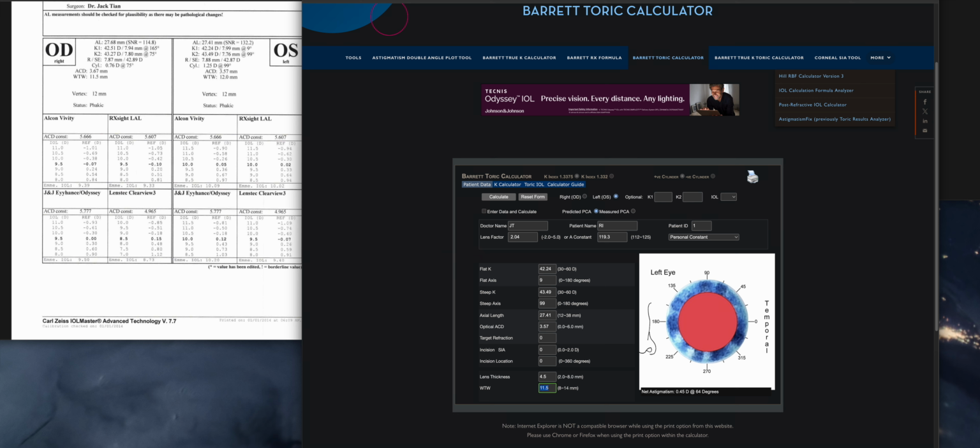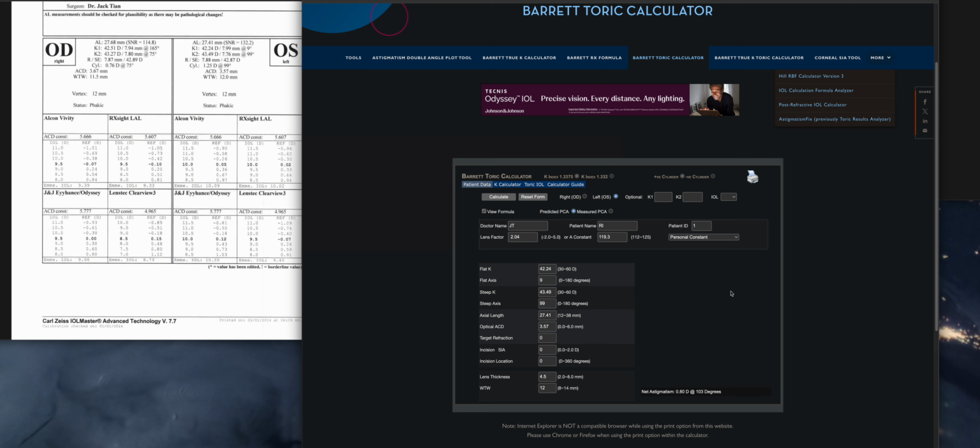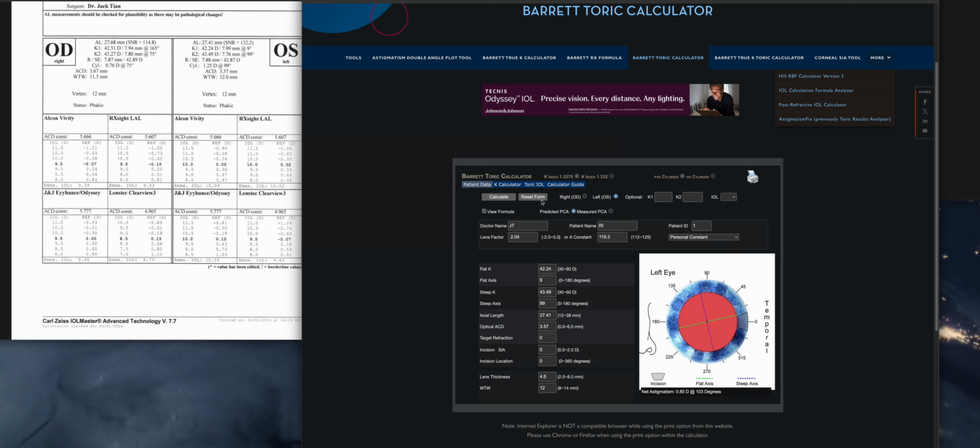White to white is 12. Okay. Calculate. Okay. And then